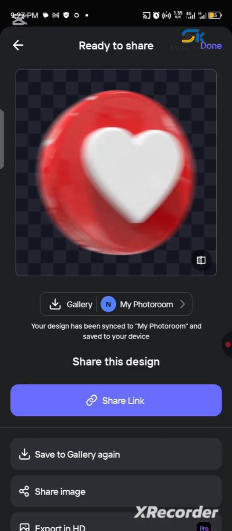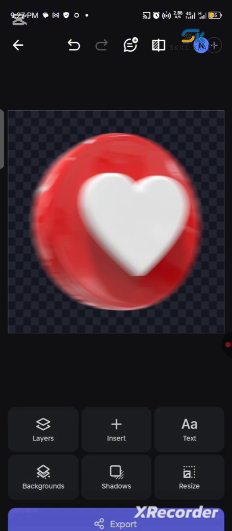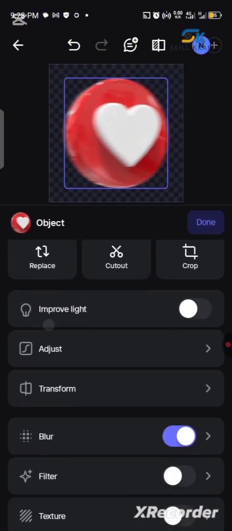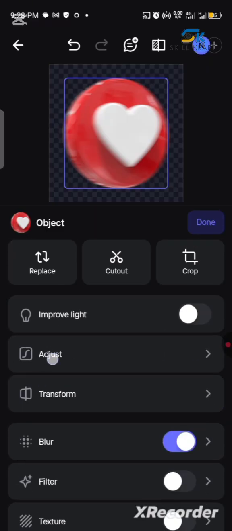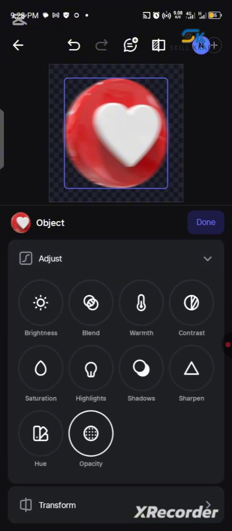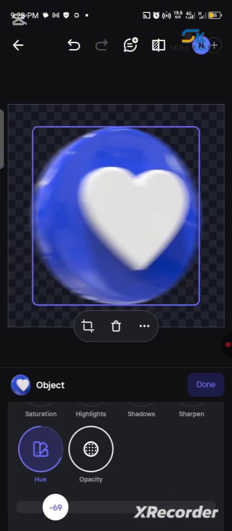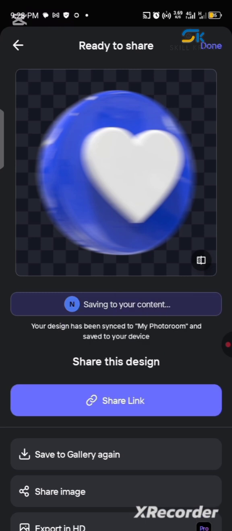And then I would want to change the color of this entire thing, because I want to use the brand color of Skillcraft Hub, and then I would come here if I have to change the color. There are many ways to do this. It's not something that I'm supposed to teach in the class, but let me just show you here. Where is it? Adjust, and you see hue somewhere here. This is hue. When you move the hue, you see the color changes. So I want something that is blue, so I'll pick blue, then a shade of blue, and then download it. The next one, I think this is good enough. This is what I want. All right,